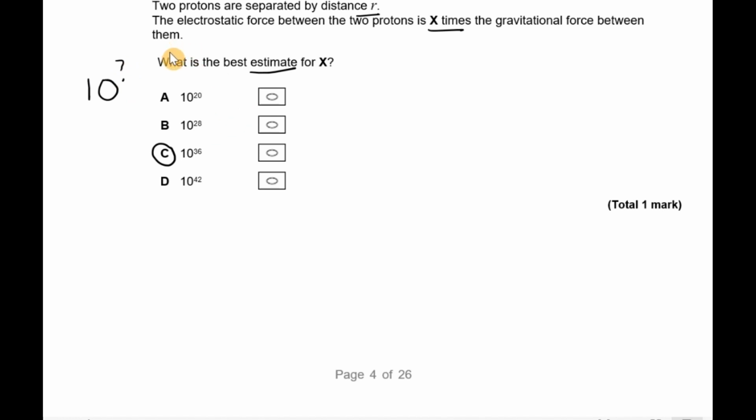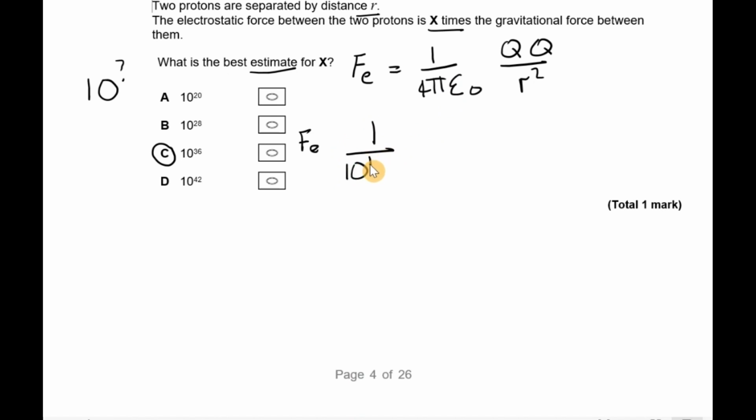So first equation I'm going to use is to estimate the electrostatic force between the two protons. And that equation is 1 over 4 pi epsilon 0 multiplied by the two charges on the protons divided by the separation squared. So let's start making estimates for all these values. So 4 pi is 12, which is approximately 10, which is 10 to the 1. Epsilon 0 has a value of